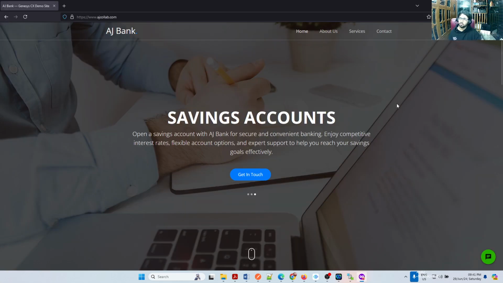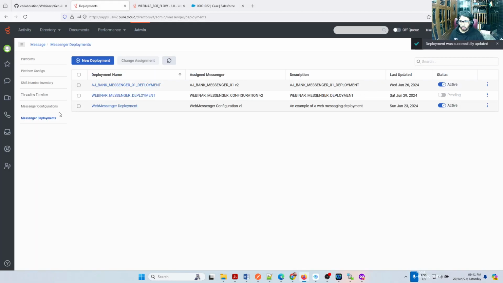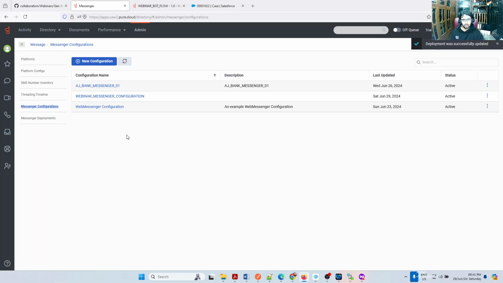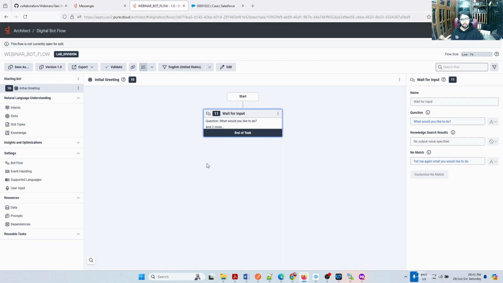So AJ, does it automatically create a new version whenever you make some changes, or how is it? Only that messenger configuration, right? The look and feel, when you change the color and the position and those things, when you update, it'll create a new version. Everything will be version controlled, but the Architect flow, when you update, it's going to trigger and attach to the latest one itself.